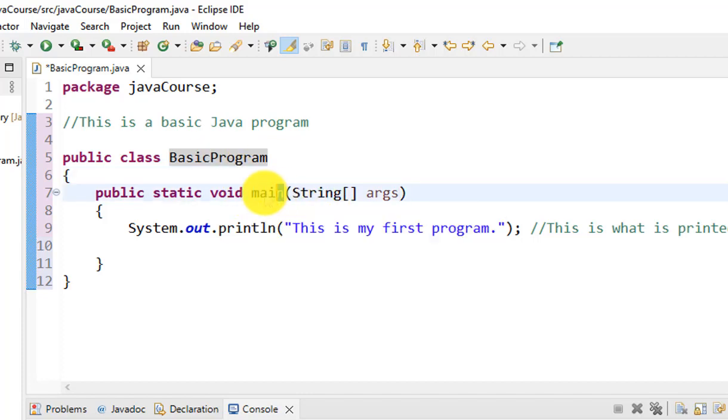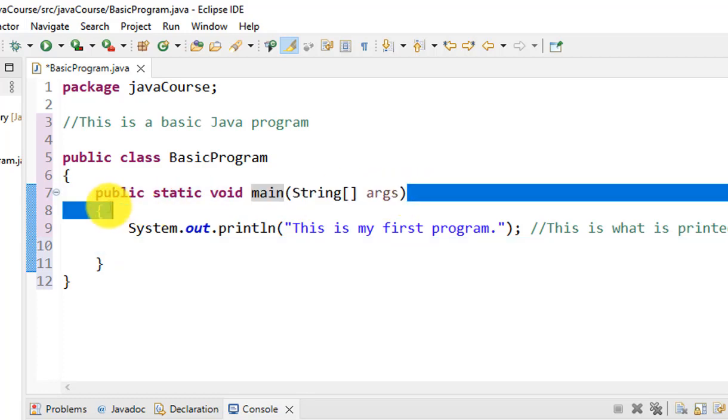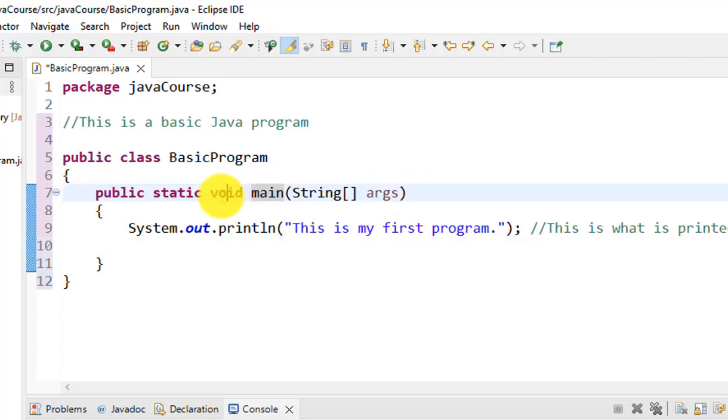Now main is also a reserved word. It is a keyword in Java. Java has classes, and a class comprises what we call methods and fields, and we'll be talking more about methods and fields. The first method that we've met here is what we call the main method, and that is where the execution of the Java program begins. So the Java program starts to execute from the main method. It is very important that you write this. Now, this main method here